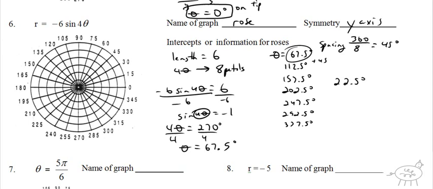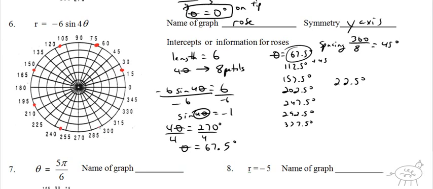All right, so let's graph them. Okay, again, this is kind of a rough estimate here. I mean, it's 22.5, and the length of the petal is 6, so we're all the way out to the edge here. So this is 22.5 here, and 67.5 is about here, and 112.5 about here, and 157.5 is about here, and 202.5 is about here, and 247.5 is about there,